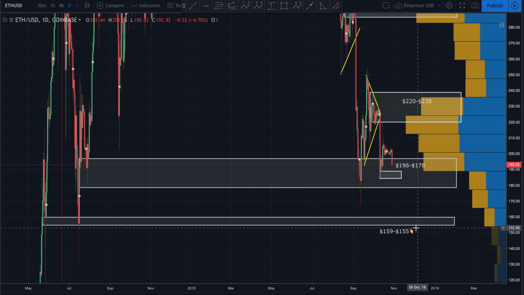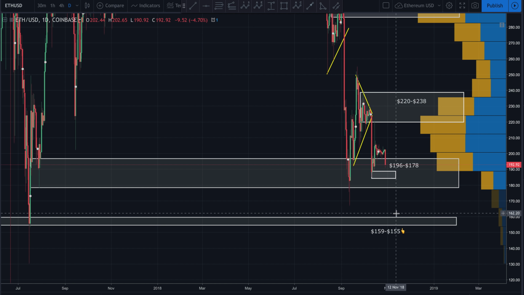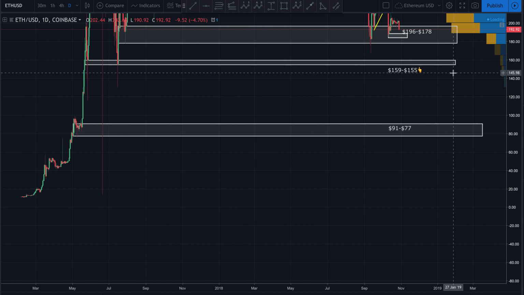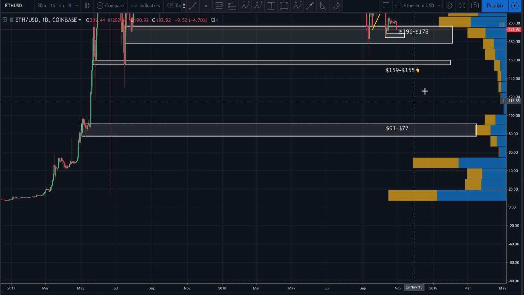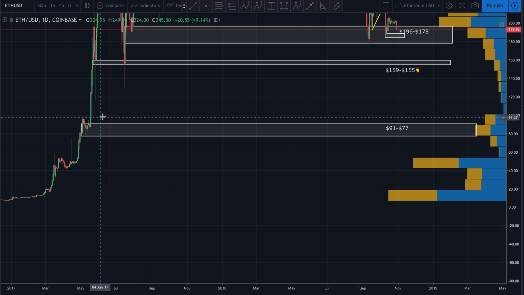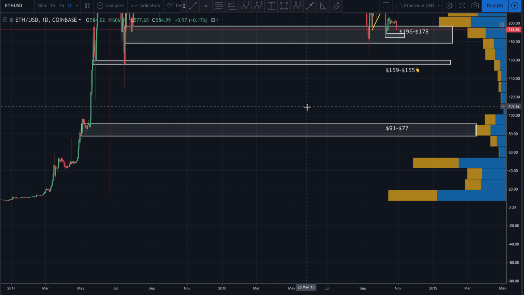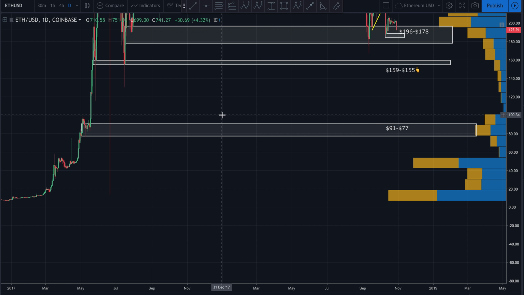But again, I have a pretty tight stop loss in this area, guys, knowing that if 155 does end up breaking, if you look back here, there's really no support between 155 and $91. Really no support at all. So this thing could just keep falling. Now, that $100 is a very good psychological support, and we can see a little bit of support right here, somewhere around $100. Let's just call it $100 down to $91, somewhere thereabouts, guys, would be a decent psychological support.